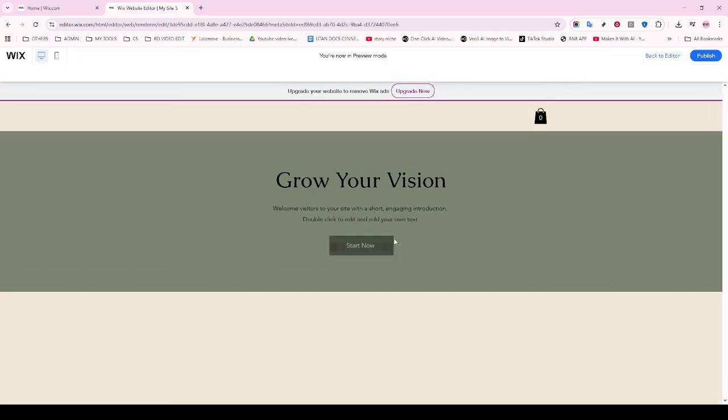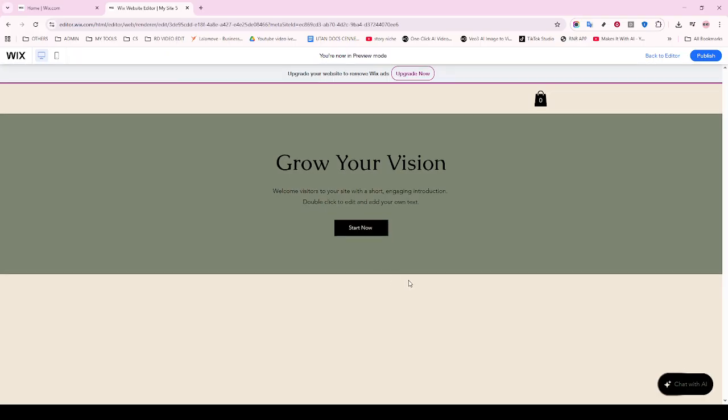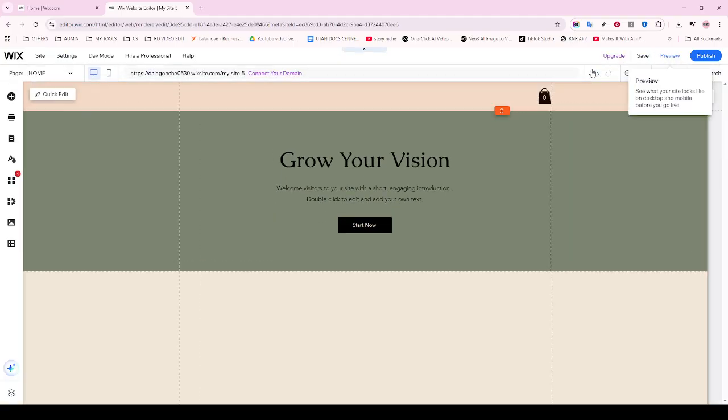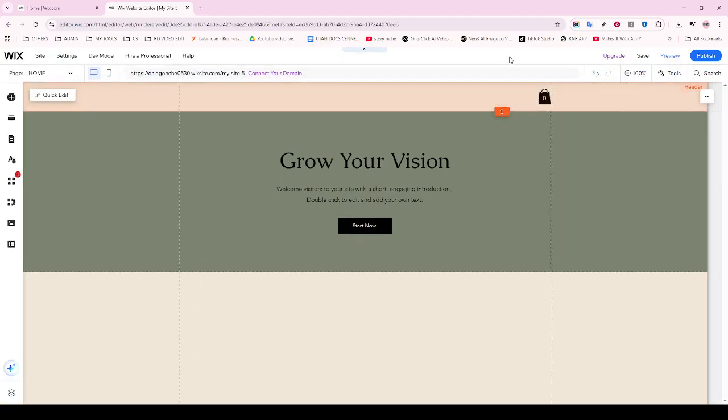Your changes will be live, and visitors will now see the newly animated element in action, adding that extra layer of engagement to your website. And there you have it. You've successfully added a fade out animation to an element in Wix Studio. This small touch can make a big difference in how your site is perceived, offering a more polished and